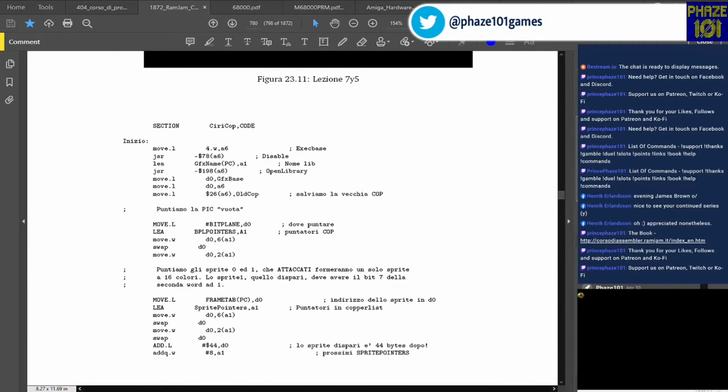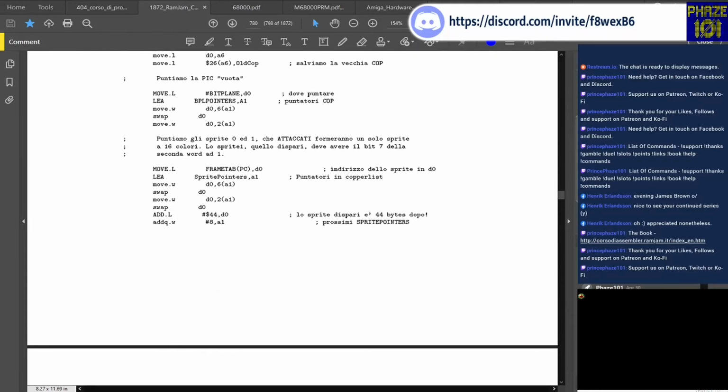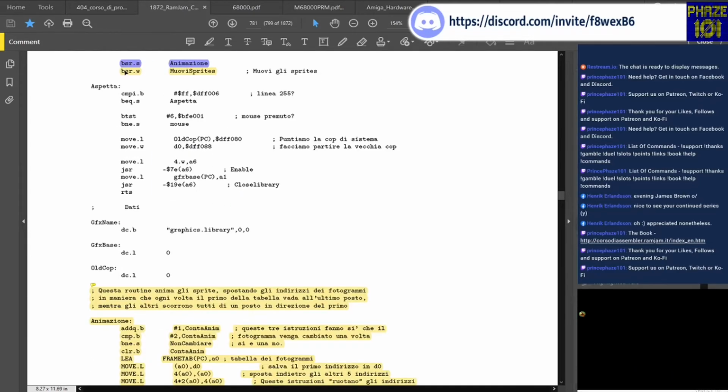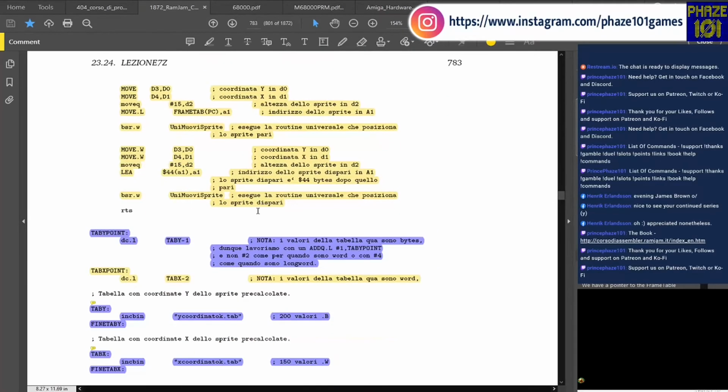So this is our example. Where I don't highlight, we have already covered. This is the init, let's say, which we have discussed several times, of how we take over the operating system and how we are initializing these sprite pointers in this case. We have two routines which I'm going to show or discuss, but you're going to see that we have done them already. I'm just going to go from the bottom of it,